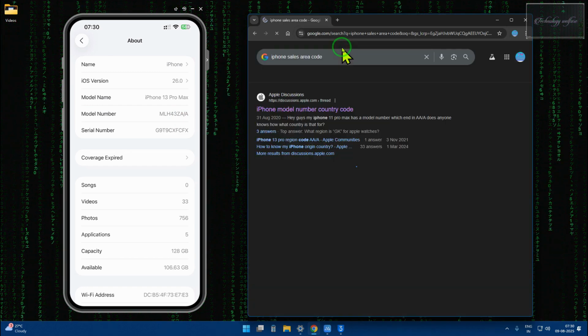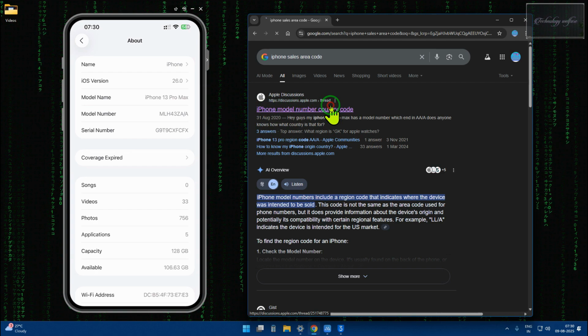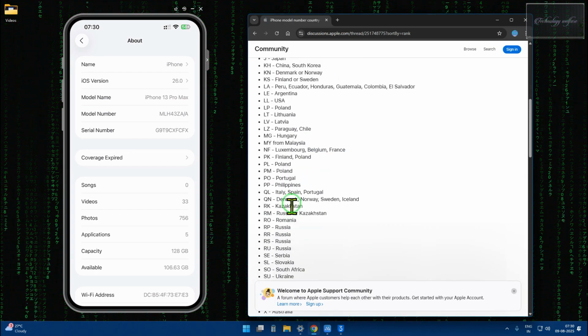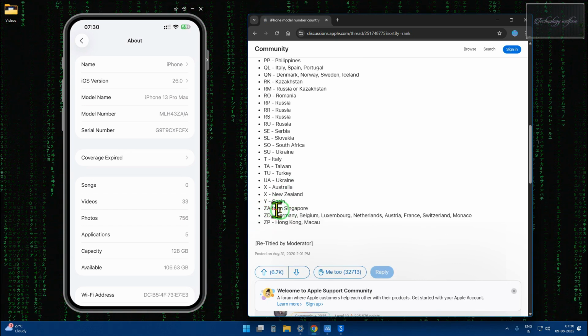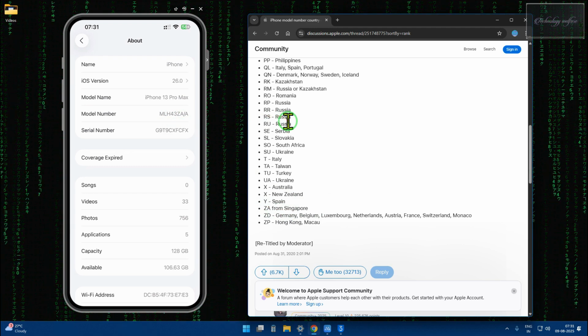So we will look up the iPhone model number country code on the Apple discussion page, and here the country code is located and given. So see, this ZA is from Singapore,